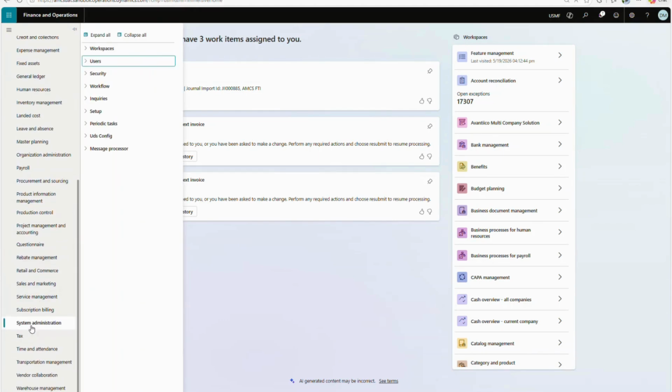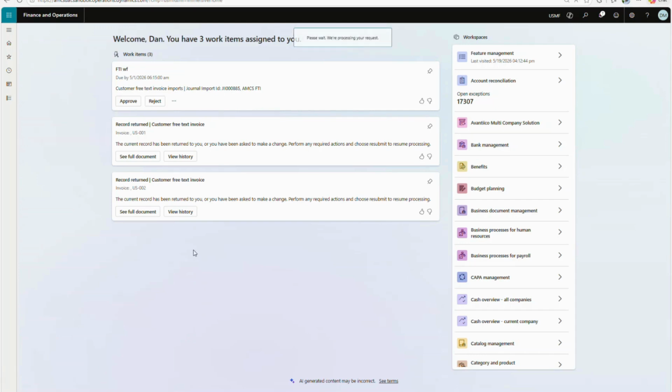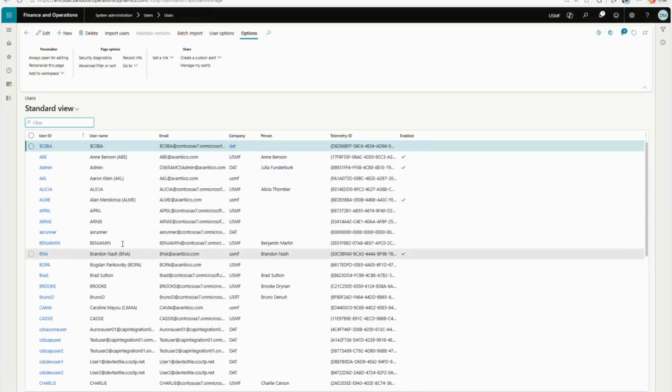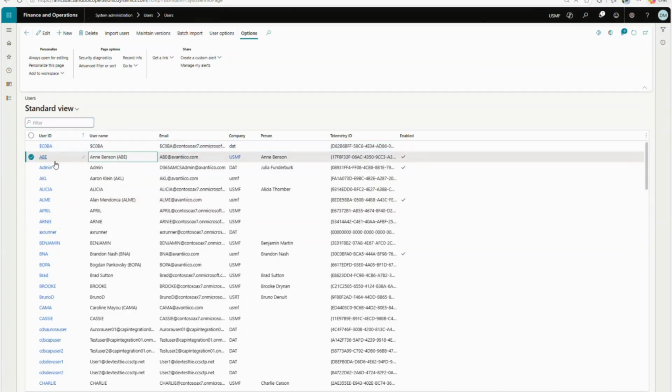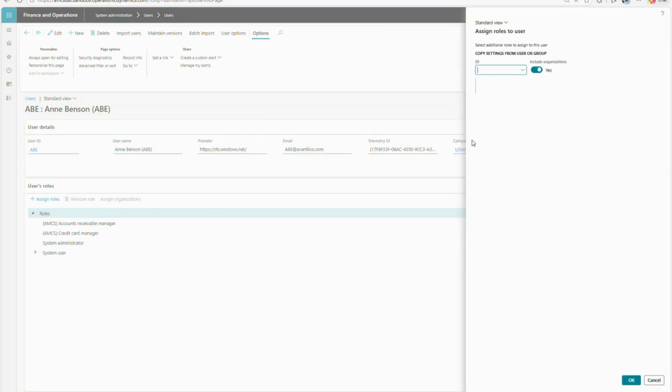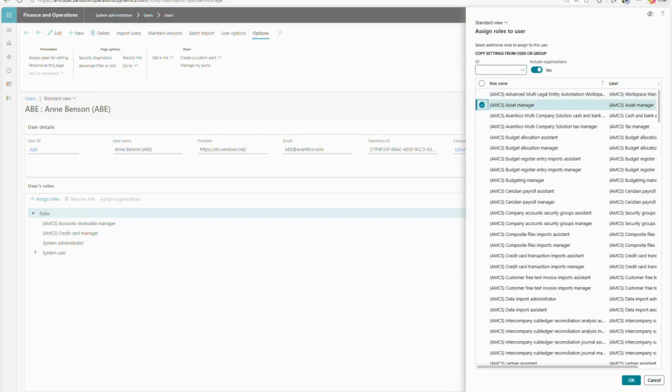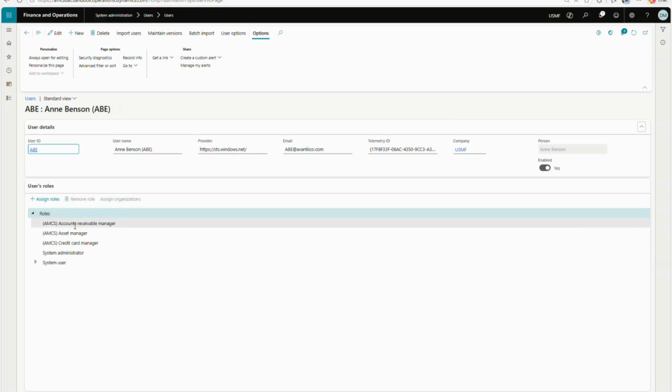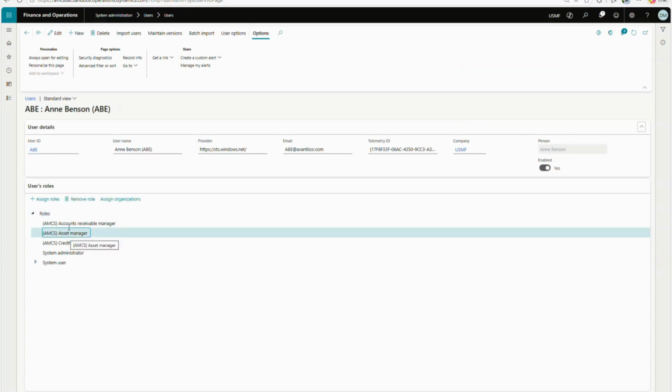So in the system administration module, if you go to users, you can assign security roles to users. This can be done either here in the user interface, or it can be done via import. I can come in and I can assign a role, either for AMCS or a standard role. And let's say I give the asset manager role. So at this point, my user Anne has the ability to look at fixed asset reporting across different legal entities